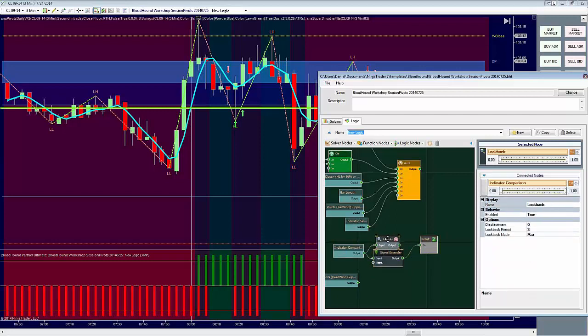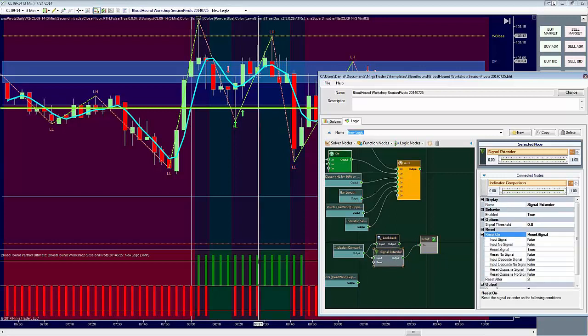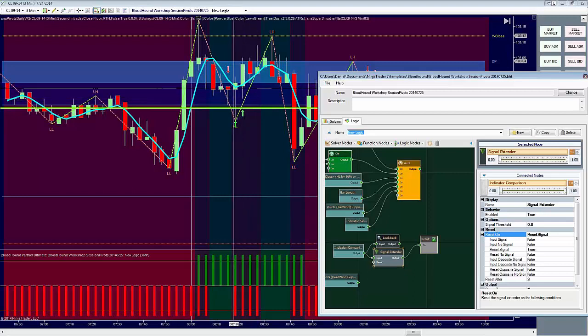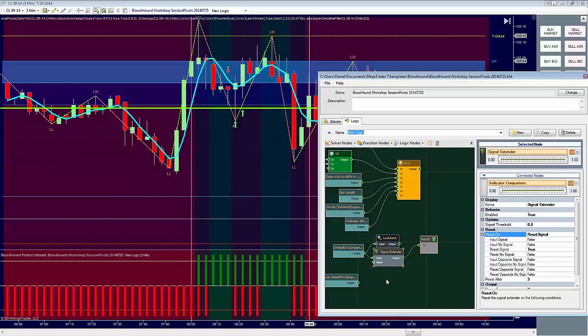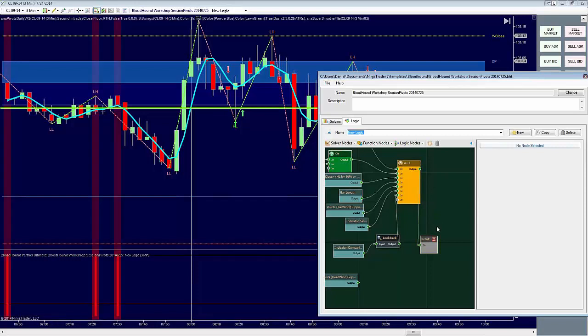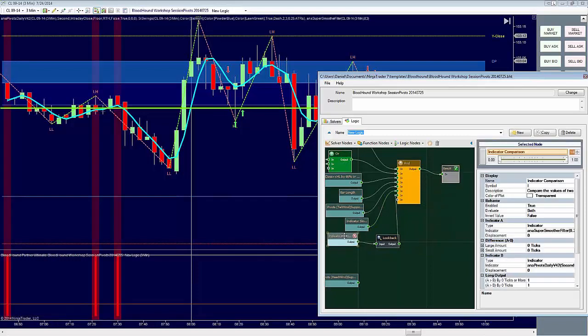See, nothing changed. So the max function works essentially like a signal extender, except the signal extender lets you reset the extension. You know, let's say you wanted to extend it forward by 3 bars unless the super smoother filter broke out below the central pivot. So you would extend it up until the point that the super smoother filter broke out of the range. So you can make a reset for that condition. Okay? So now that eliminated